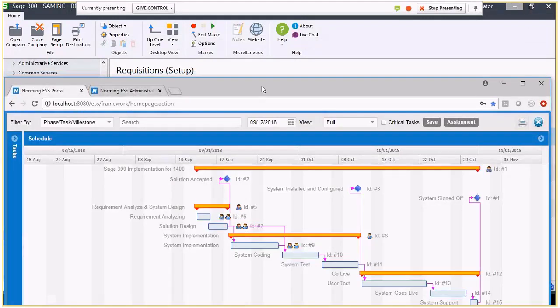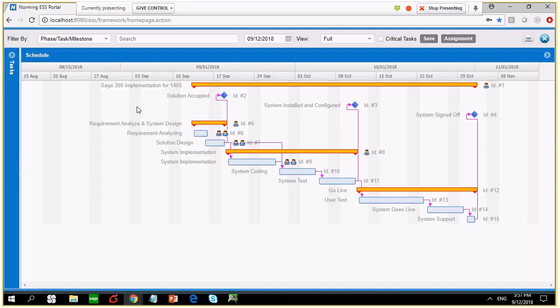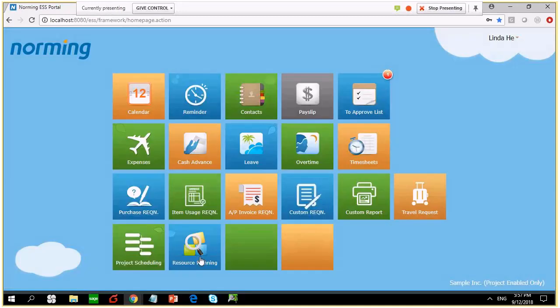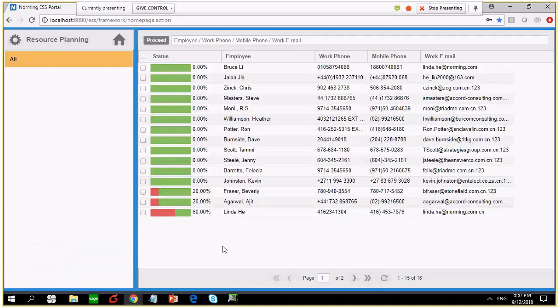So you can see from the screen, you can manage the project from the perspective of the project, to understand the state of the whole project. But Resource Manager also provides another view called resource planning, which allows you to have a full view of a particular employee's